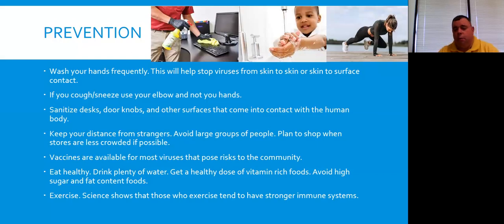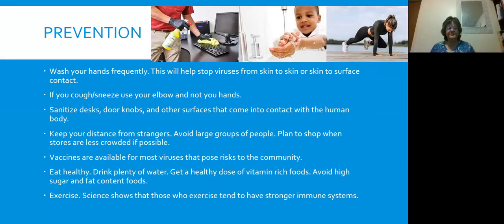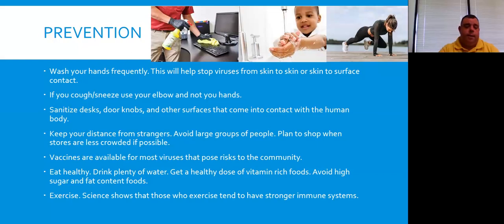Another one that happens, similar to doorknobs, is how many of us use grocery carts at Walmart or the mall and stuff like that? What happens? We go and grab those handles, right? But you don't know who had the shopping cart before you. So if that person was sick and they had the cart, now what just happened? Are you going to grab some of those viruses? Yeah, it's possible, right? So keep that hand sanitizer with you, so after you have the cart, you can sanitize your hands.